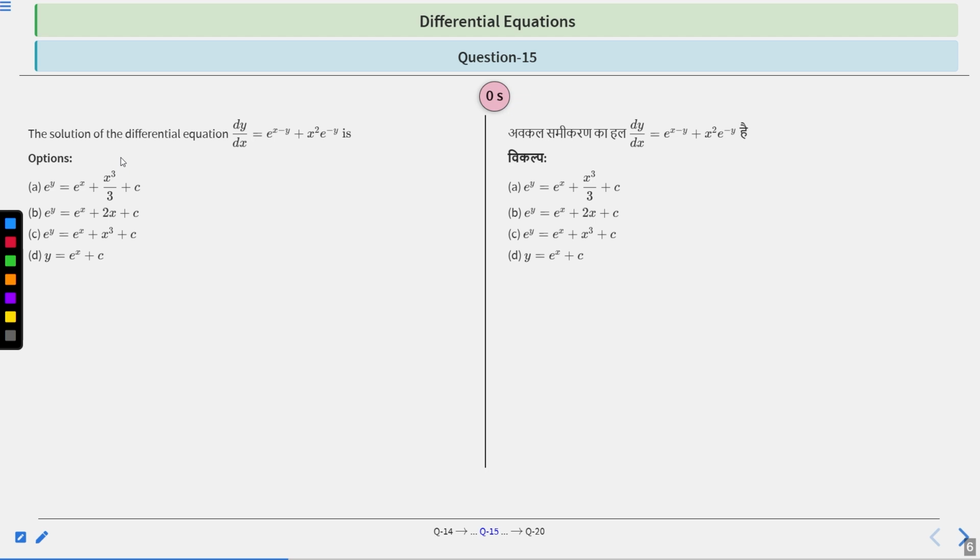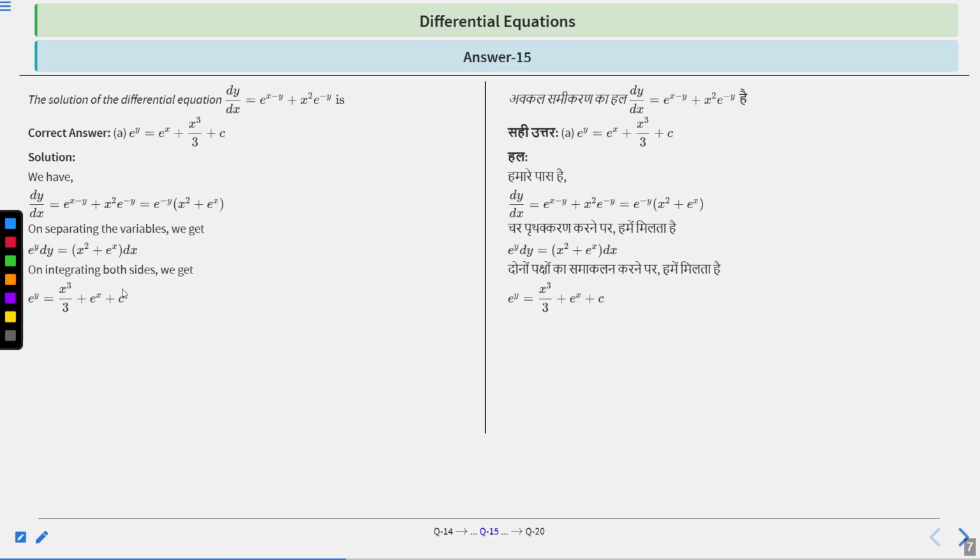Okay, let's move to the solution part. As the given equation is dy by dx is equal to e to the power x minus y plus x square e to the power minus y. When we take e to the power minus y as common from the right hand side, we are left with e to the power minus y into x square plus e to the power x. Now, on separating the variables, we get e to the power y dy is equal to x square plus e to the power x into dx. Now, on integrating both sides, we get